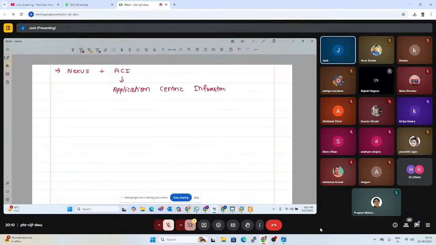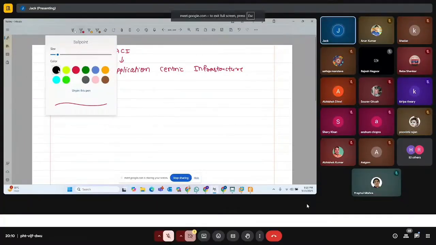We'll see what the use cases of the Nexus switches are, where we use them, and then why we have this ACI part here, or what the difference is between a traditional network and the ACI part. So this is going to be a very interesting part. So now, first of all,